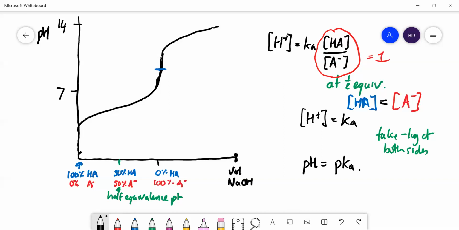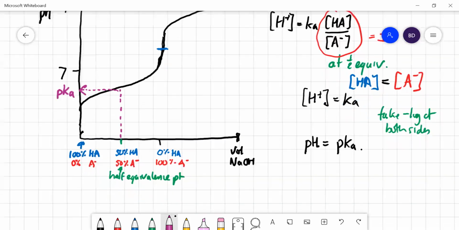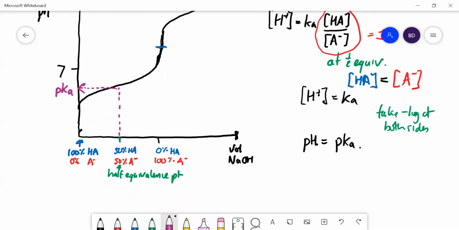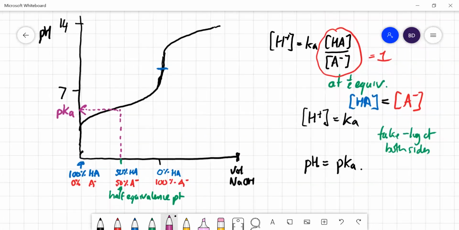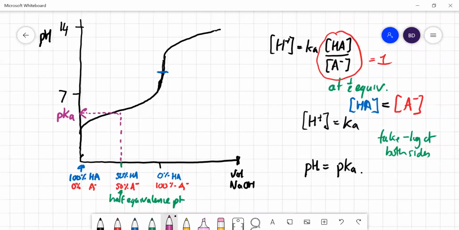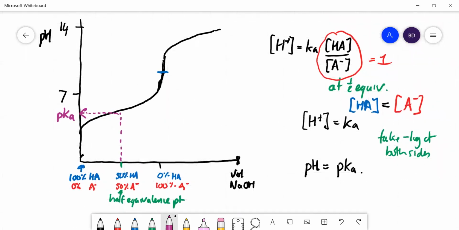So if we go back to our graph, we can draw a line up from 50% and a line across to this axis, and that value there on the pH axis is equal to the pKa of the weak acid. So that means you can find out the pKa of a weak acid by doing this experiment,